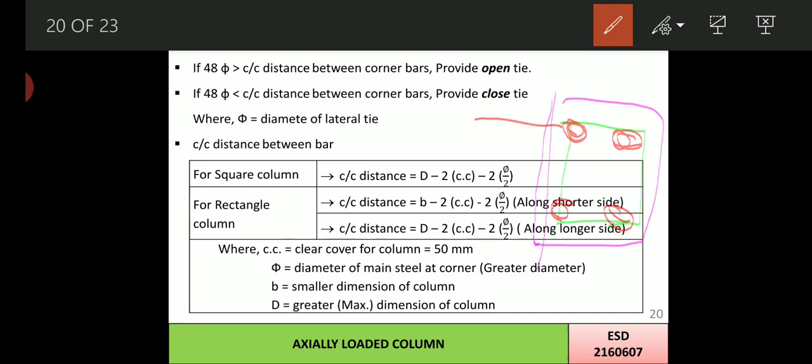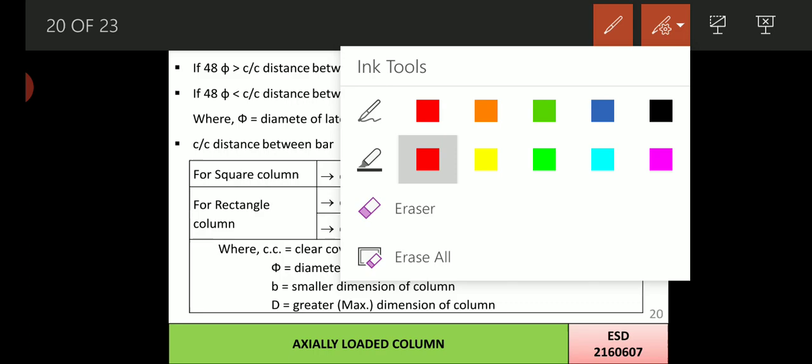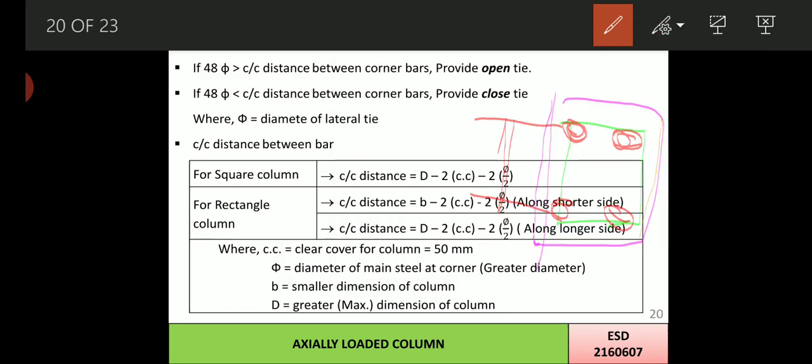Now center to center distance between the bars is, say, this one. So this overall dimension is called D. This is the clear cover from the tie to the edge of the column. So D minus 2 times CC, that is clear cover, minus half of the diameter from both sides. So ultimately its formula will become D minus 2 times CC minus 2 times phi by 2 for the square